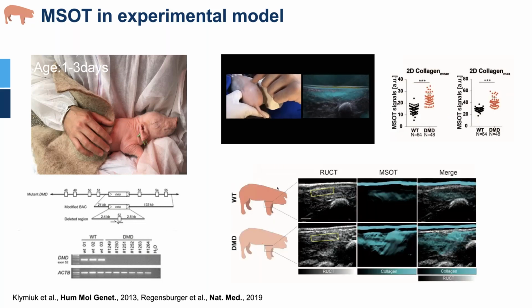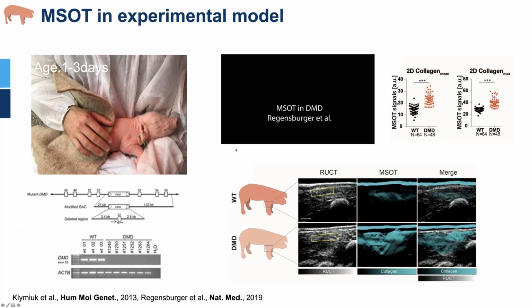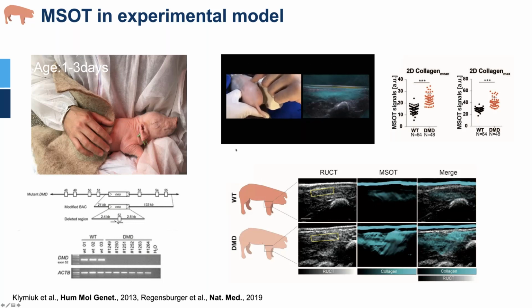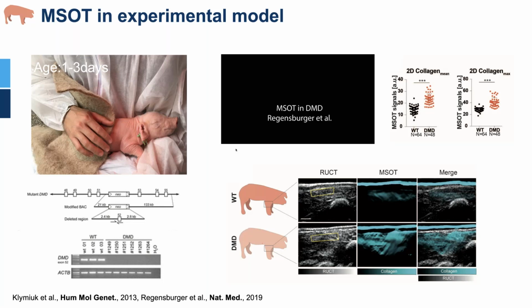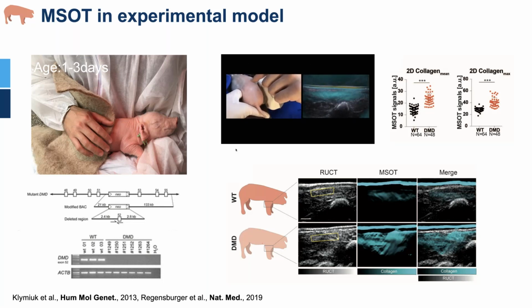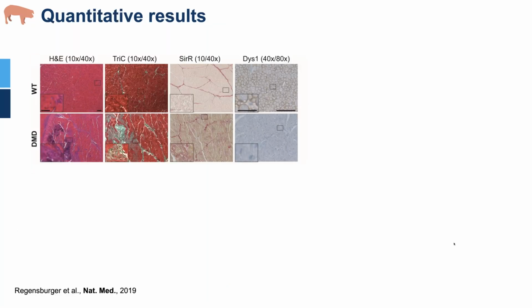And what we can see, you have the live image here on the upper screen, and what we can see there, we can actually quantify the signal of what we think is the collagen derived signal here in the muscles of these pigs, and it's much more increased already 1 to 3 days after birth compared to a normal wild type pig. And we had the chance then to also look at tissues,